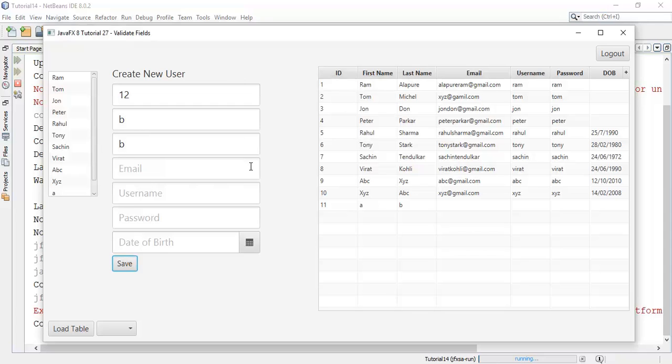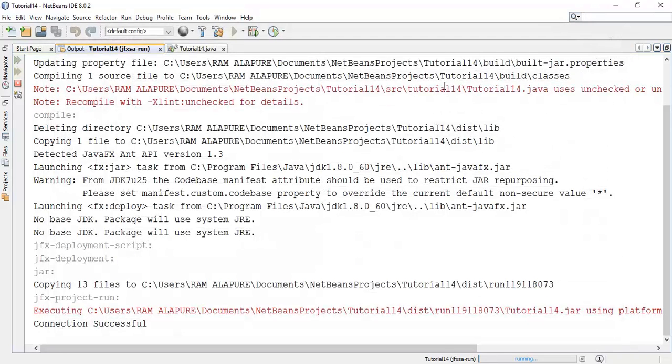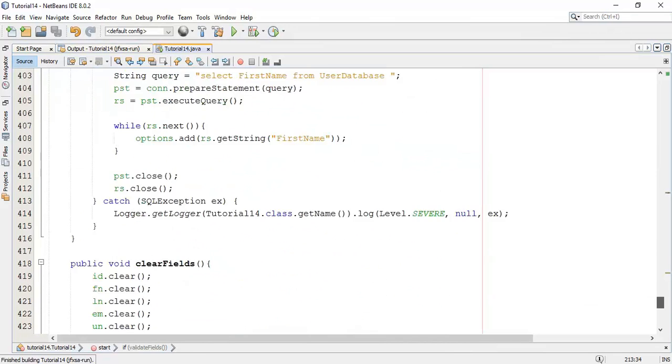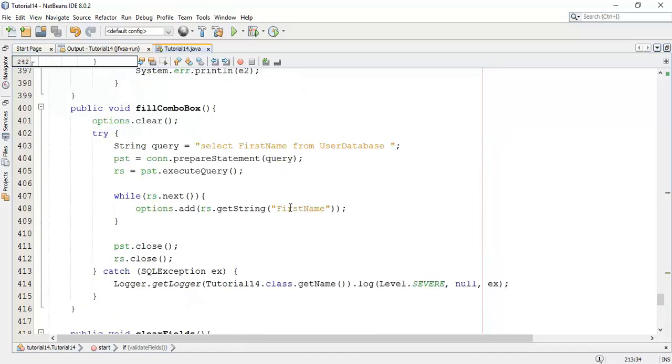Now I'm going to add one other message for when we want to check a particular field. For example, for date of birth, it has to show that please enter the date of birth. So I'm going to go back to the application and enter into the validate fields.